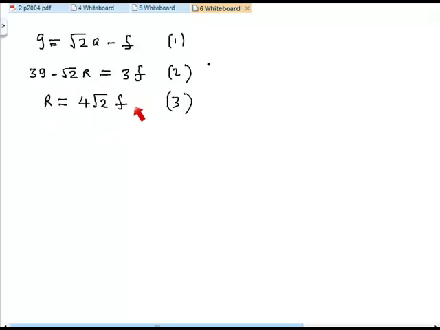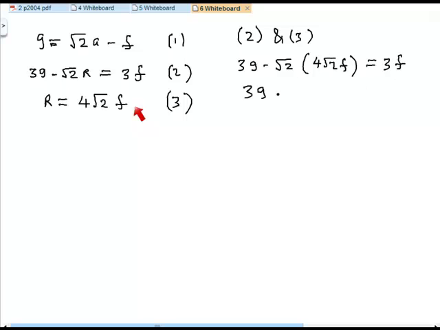Put this value for r into equation 2. So that means taking 2 and 3 together, we'll get 3g minus root 2 into r, which is 4 root 2f, is equal to 3f. G minus root 2 by root 2 is 2 by 4 is 8, 8f is equal to 3f, which gives us 3g is equal to 11f,